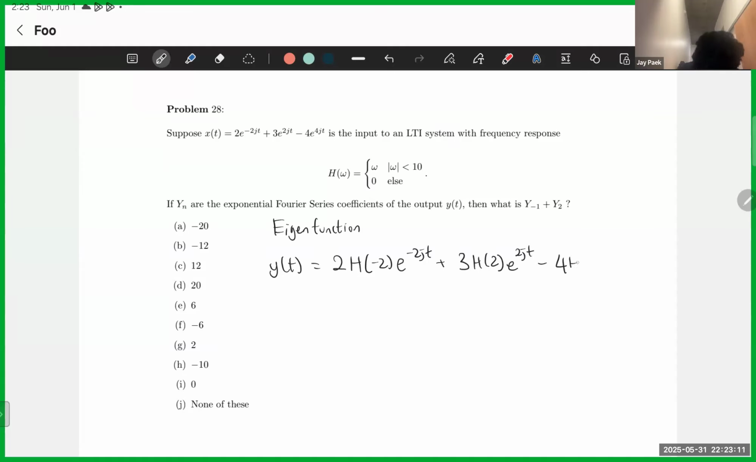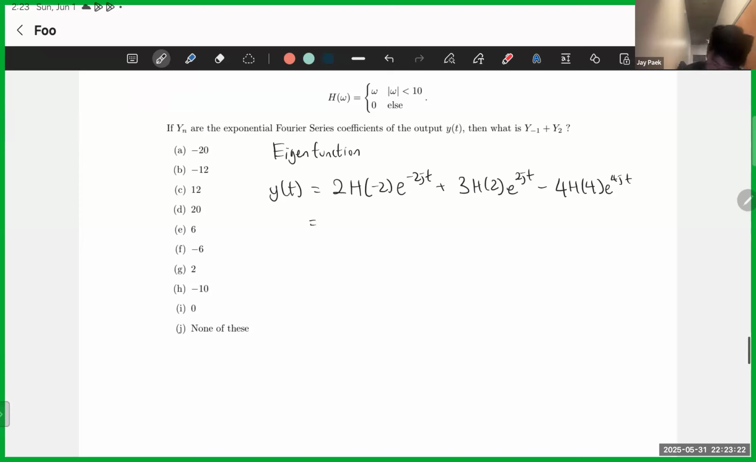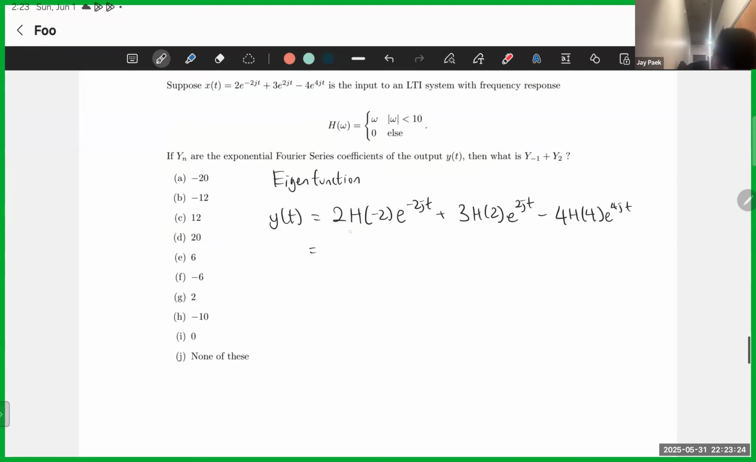Minus 4 h of 4 e to the 4jt. So yeah, we've done this many times now. And now all we need to do is expand this. It is just purely omega. And so this is just, oh, it's negative 4 e to the this plus h of 3. Hold on. Should be 6 e to the this minus